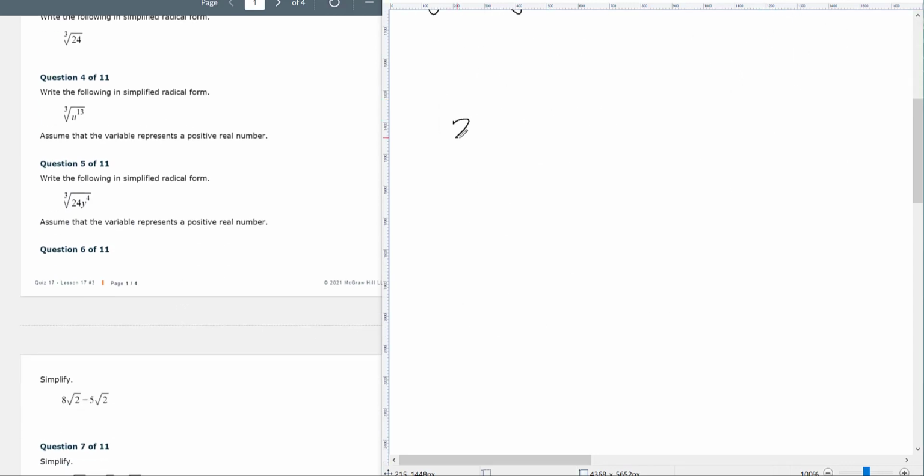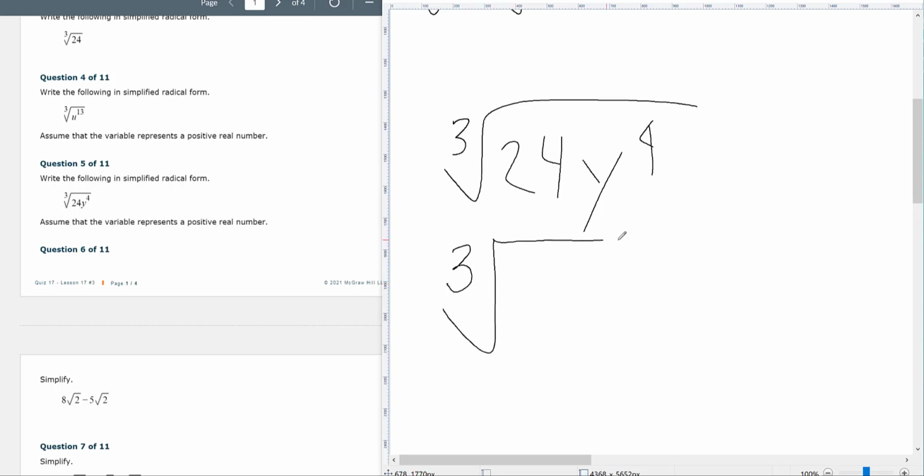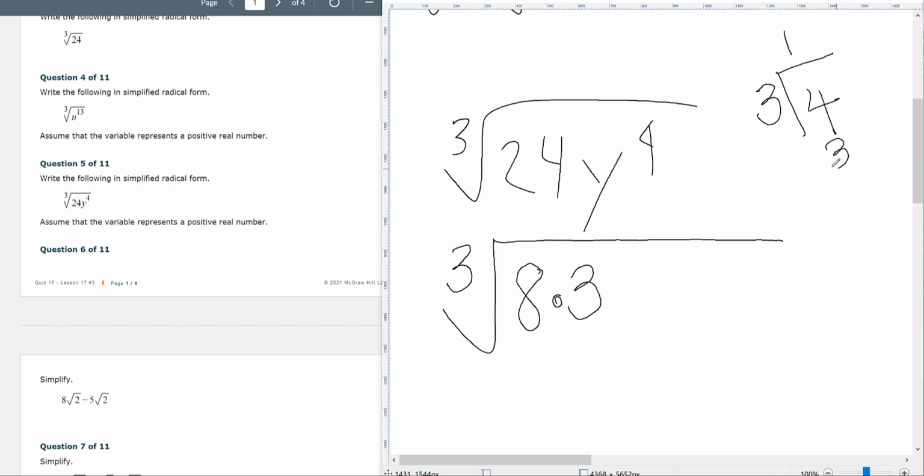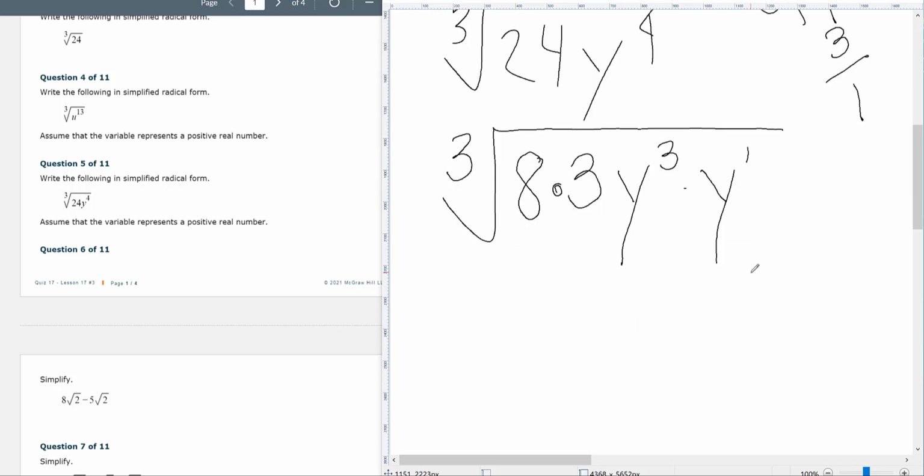Number 5, the cube root of 24y to the 4th. So 24 has an 8 in it, so that's going to be an 8 times 3. Y to the 4th, well, 3 goes into 4 one time with 1 left over, so I'm going to need to write it y to the 3rd times the y that's left over,